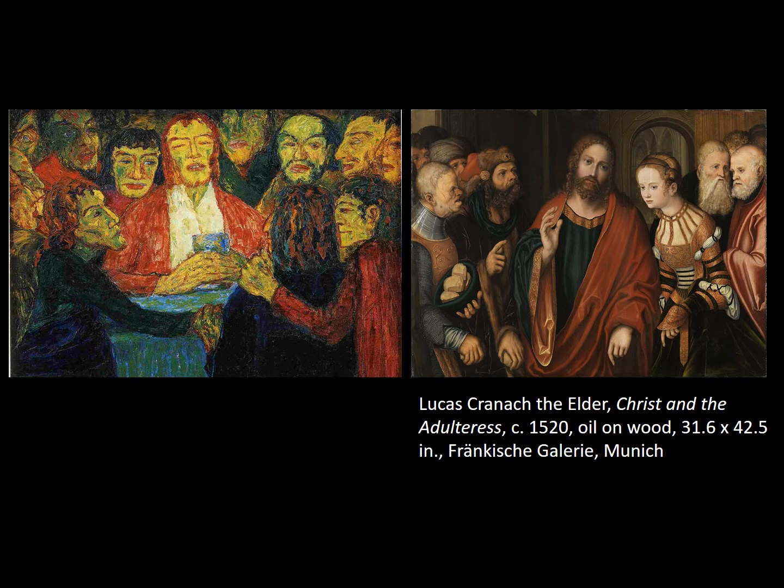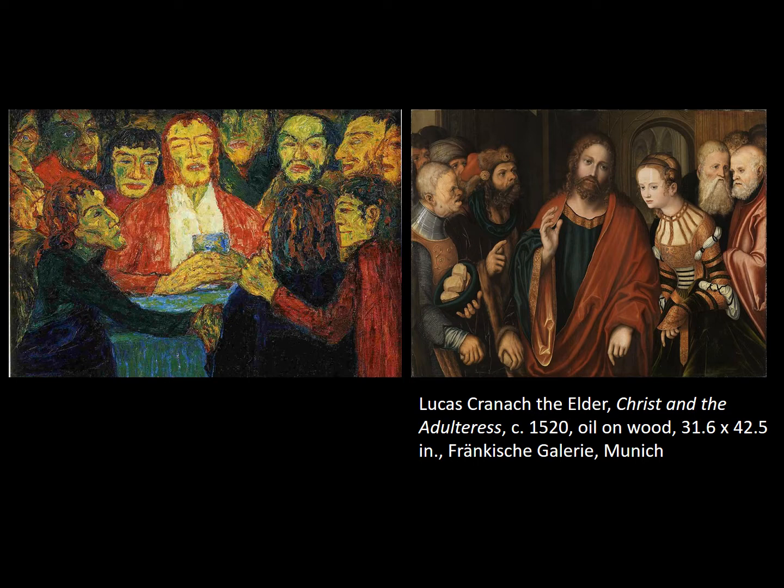There is a type in 16th century German and Northern European art which has a very similar format, where we see half-length figures compressed up against the picture plane. And here you could see this is a work again from Lucas Cranach the Elder. So we saw Kirchner looking at Cranach, and you see Nolde looking at Cranach too, where you can see in both of the works the figures are cut off. There's an empty space in the front of the work, which is intended to allow the viewer to become part